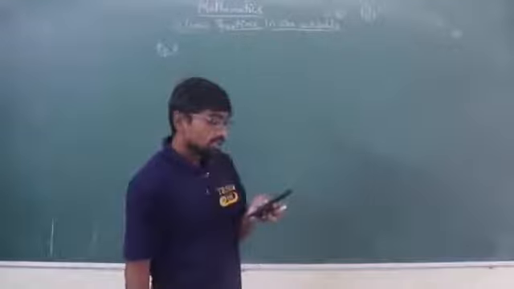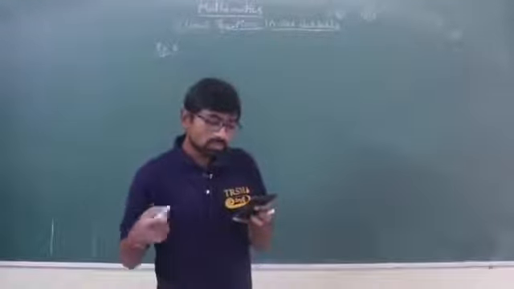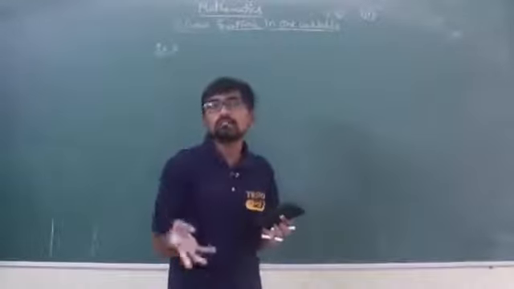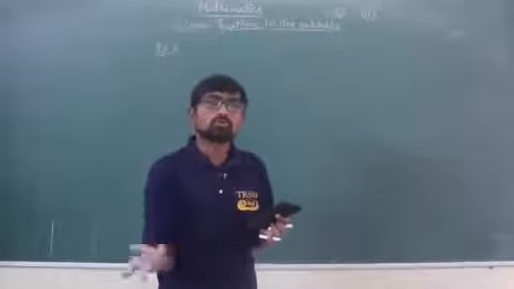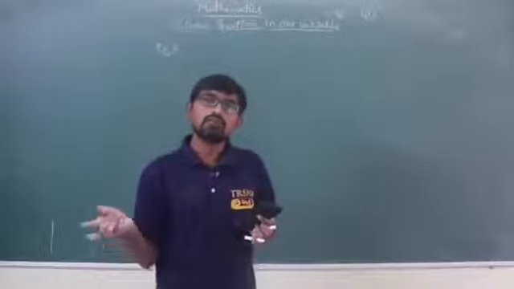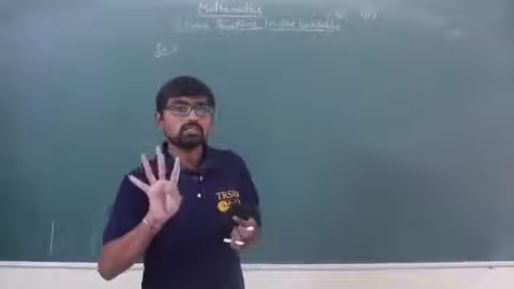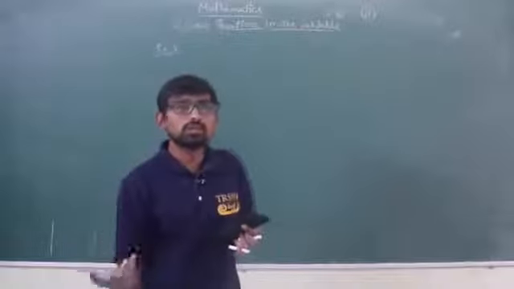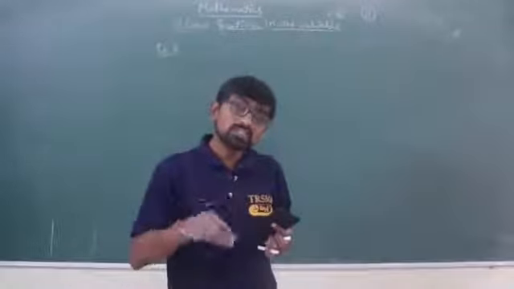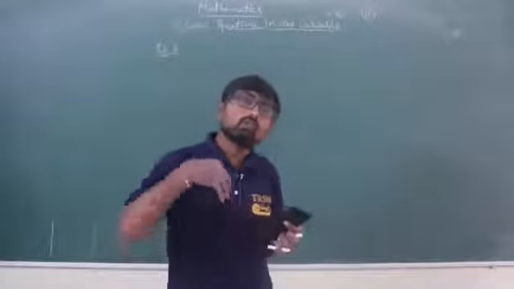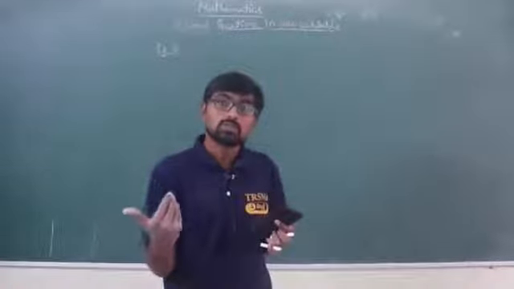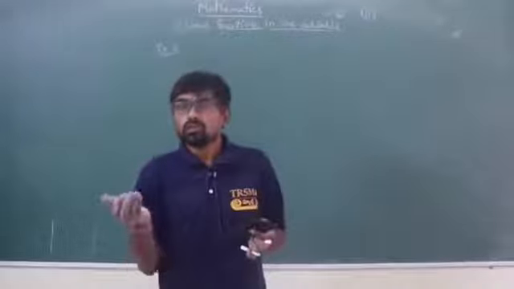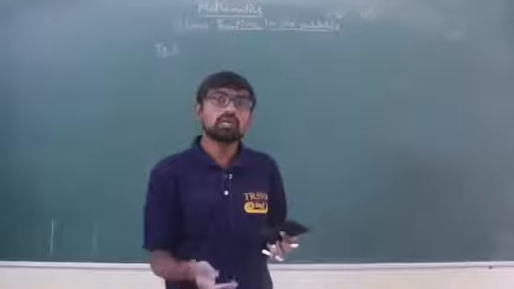First, see here, the present age of Vijaya's mother is 4 times the present age of Vijaya. If Vijaya's age is 4, then what is her mother's age? It is 4 times. It means that I have to multiply 4 by 4, isn't it? So 4 into 4, I'll be getting 16, isn't it? If Vijaya's age is 5, her mother's age is 4 times greater than her. If I'm using times, then you have to multiply, isn't it? So 5 into 4. We don't know Vijaya's age, isn't it?